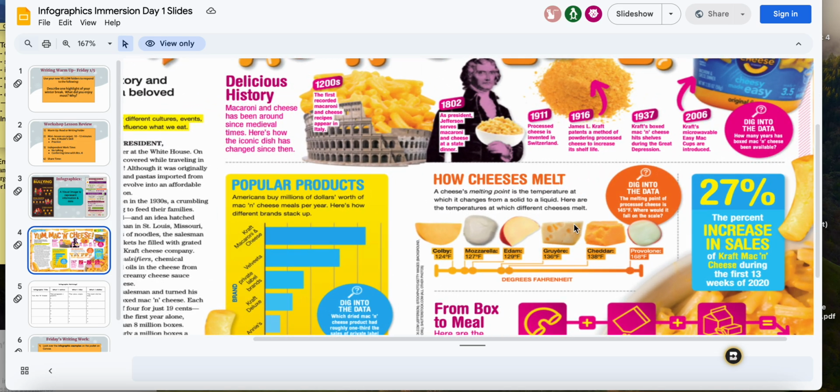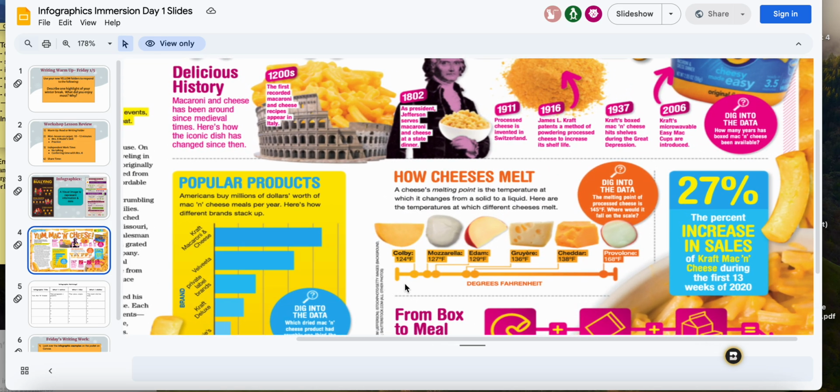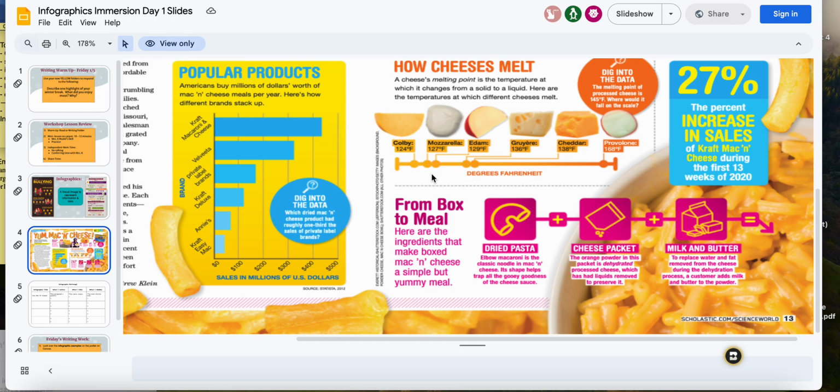If we look at this, it gives a linear way of showing the different temperatures and which one takes the highest temperature to melt, which one takes the lowest temperature. Here's data statistics. And then also, I love this little step by step of how to make macaroni and cheese, and then the arrow points at the picture. All right, so